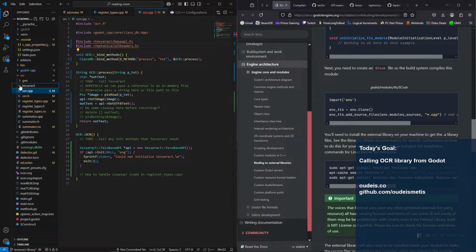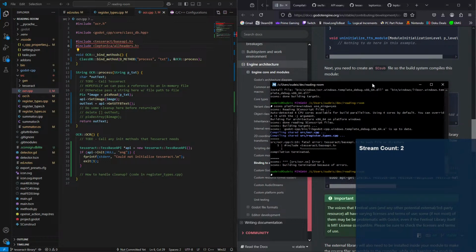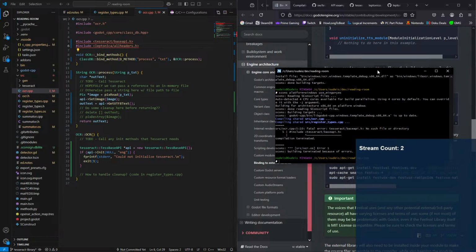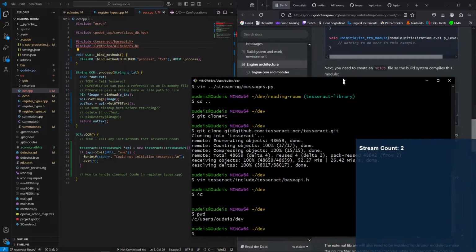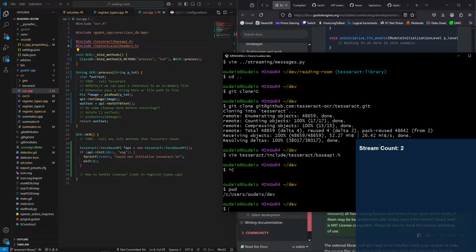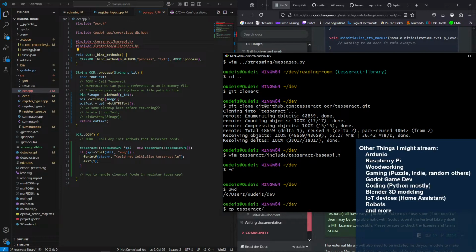Actually, what that means is it is looking for it here. I wonder if I copy that over. Yeah, if I copy tesseract,